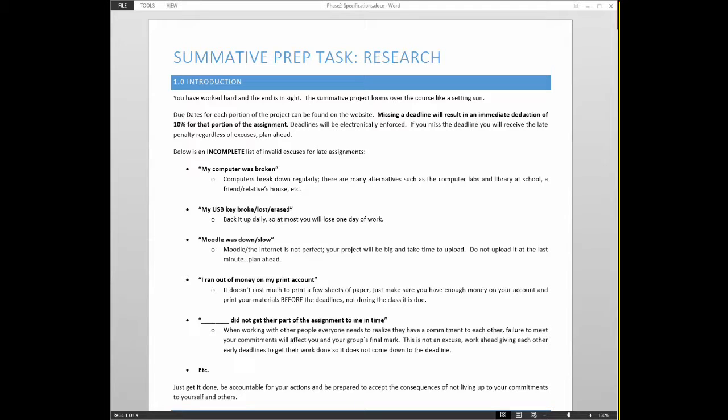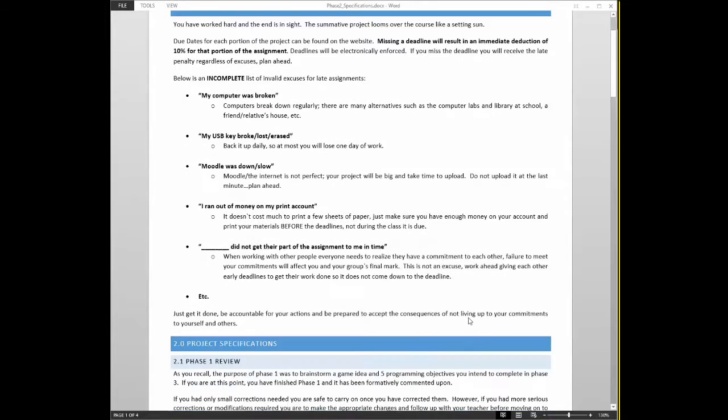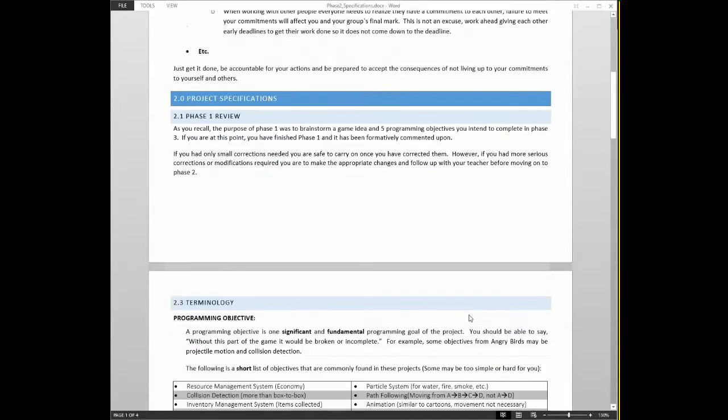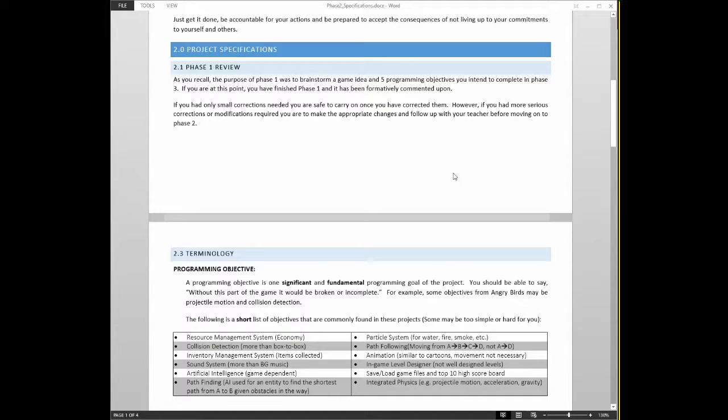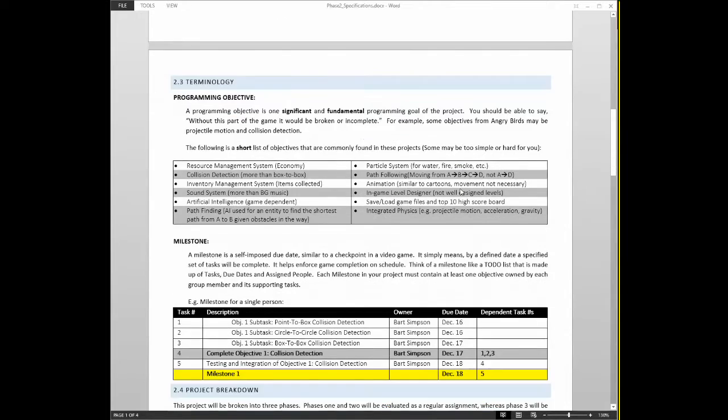So that being said, here we are on to phase 2. Phase 2 takes phase 1 and just gives it a ton of detail. We're going to flesh everything out in phase 2. So basically, looking on the screen here, you see that we have the same list of invalid excuses for late assignments. Nothing should be late ever. Get it done. Figure out a way. As I said, we already talked about phase 1, and basically you should be at phase 2 by now if you're actually listening to this document.